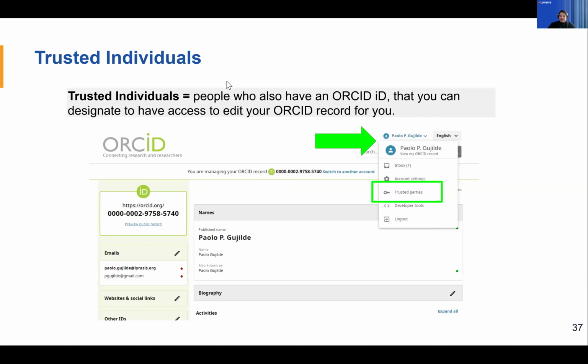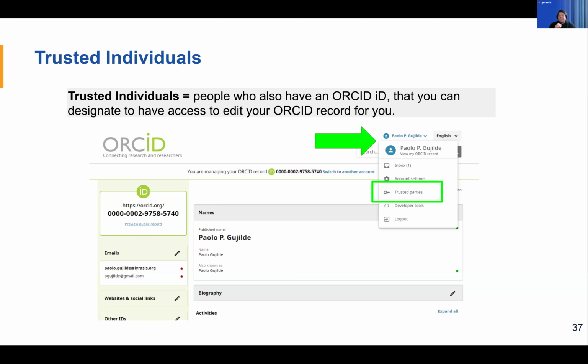The other thing, for when you have been in academia for a while, doing more research and a lot of things, and you just can't keep up with your ORCID record, is that you can assign somebody else to be a trusted individual. They can not control, but they can make changes to your ORCID record, updating it with new information that you want to add.